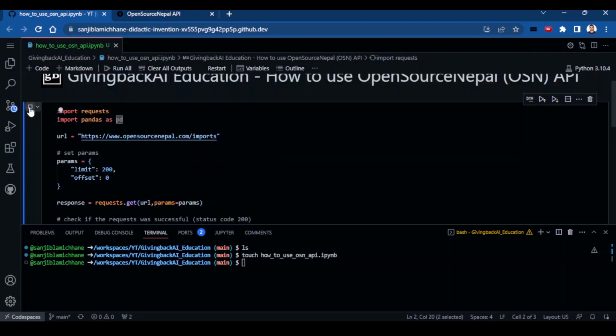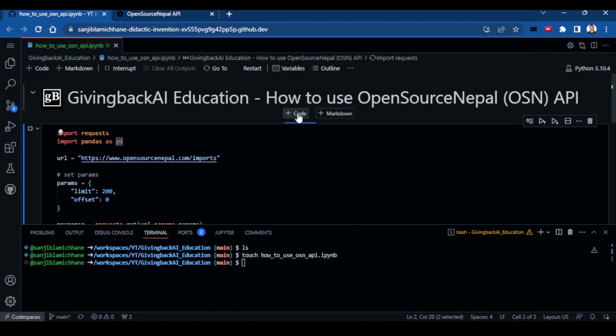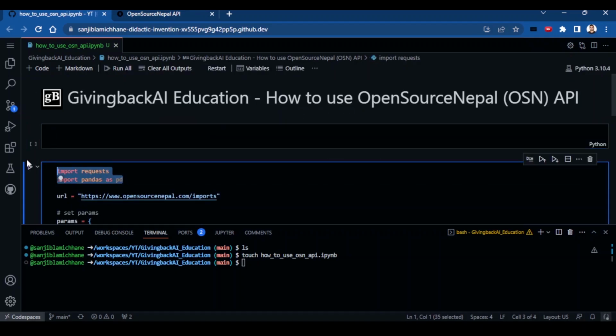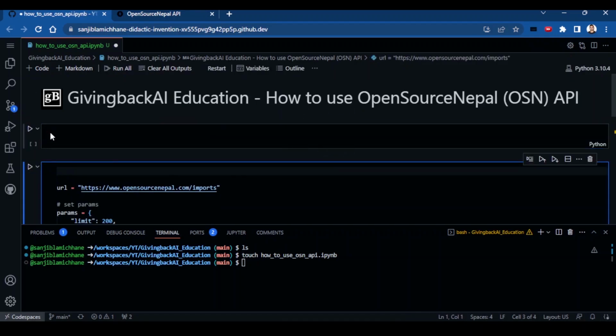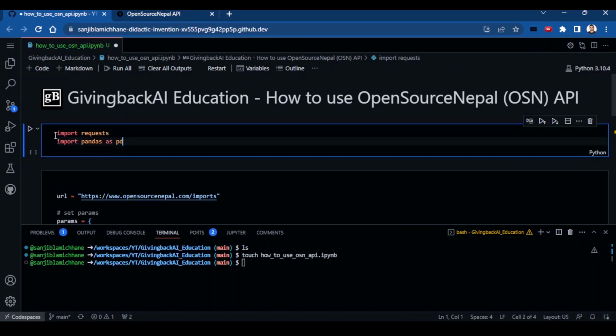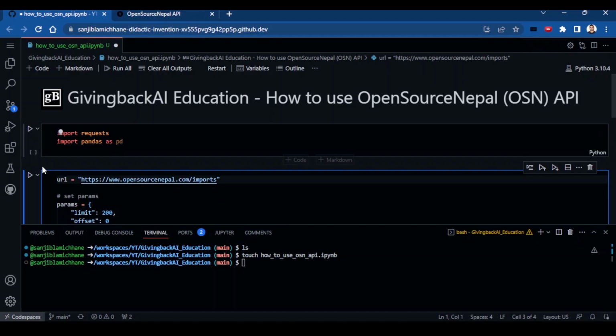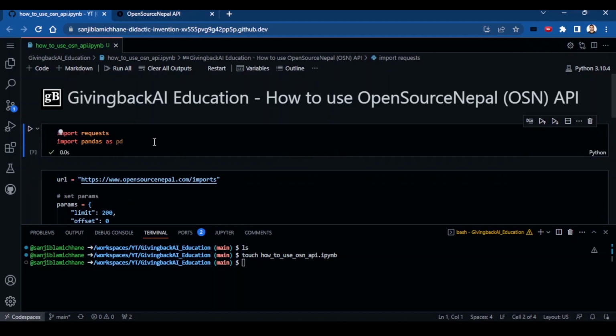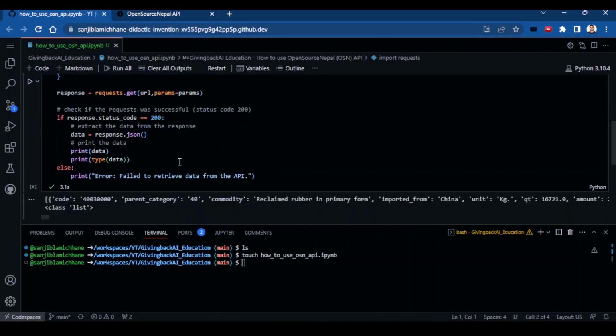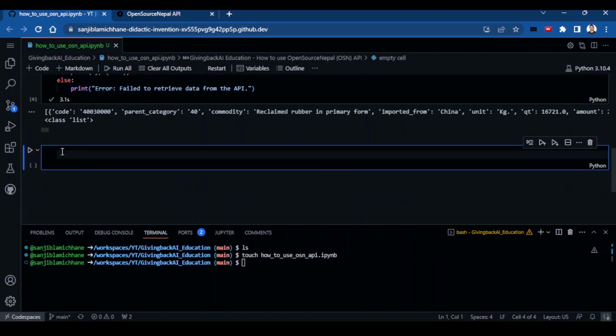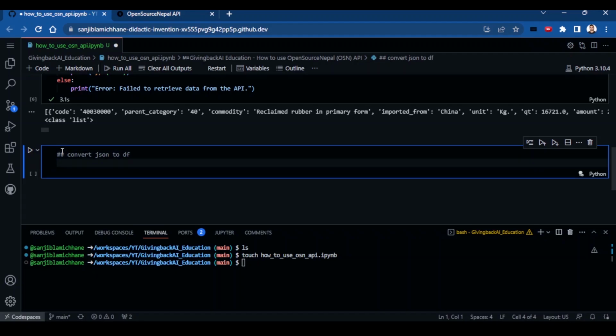So we have to run it one more time. For that purpose, let me make another cell where I would only put my imports so that I don't have to rerun all the API calls, which can be expensive. Okay, so let's run it here. It's working, and this cell is already working. And over here, what we can do, we need to convert these to a data frame. So convert JSON to df, right?